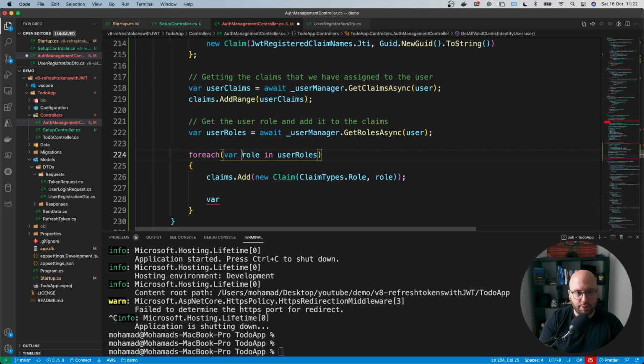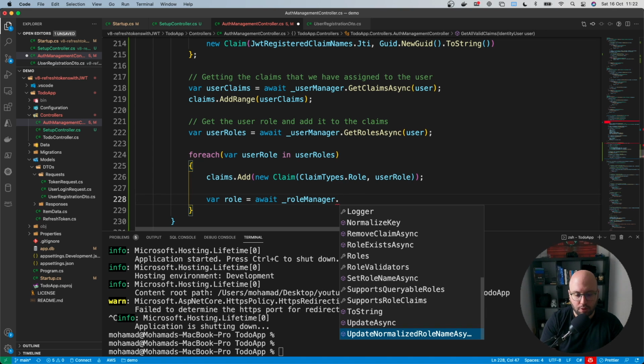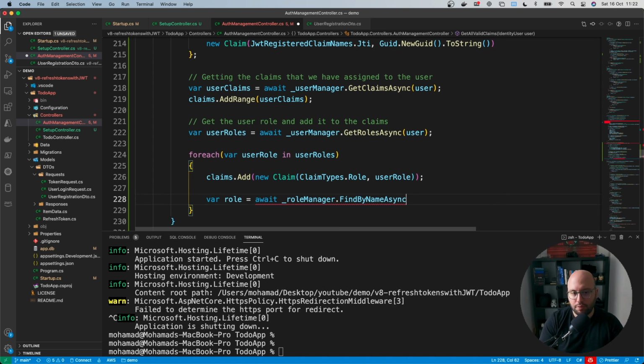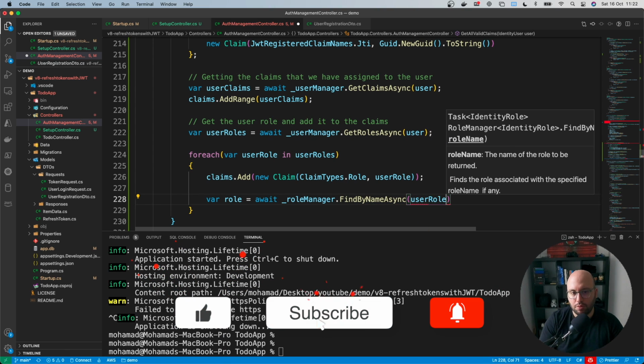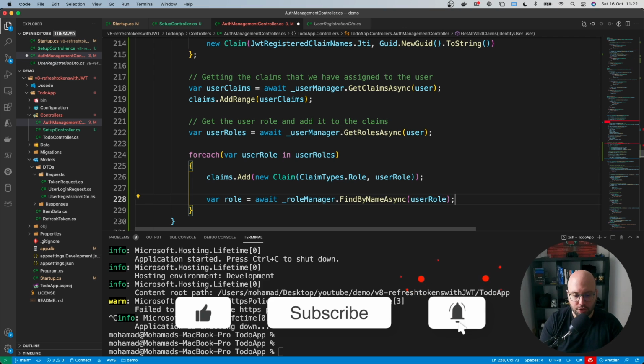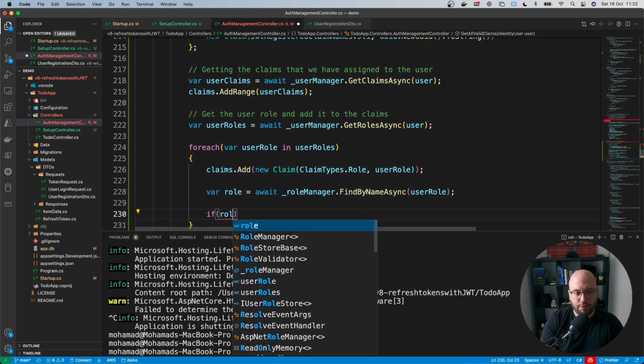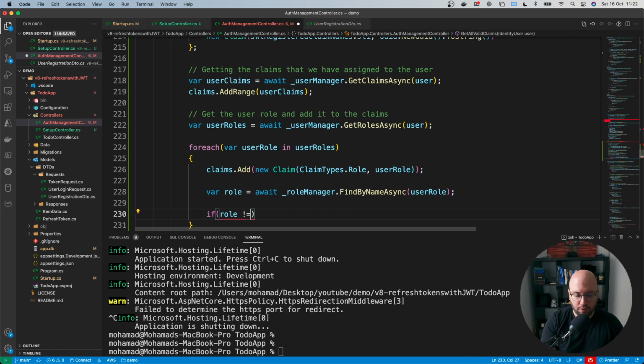So let's call this user role, makes more sense. And here we're going to put role equal await underscore role manager dot find by name async, and we're just going to pass the user role to it. So we need to find the actual role, and we're going to do if role is not equal to null,